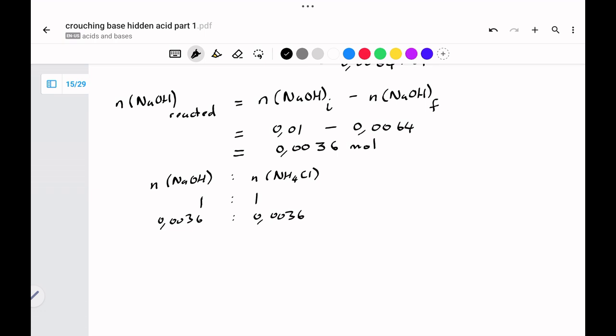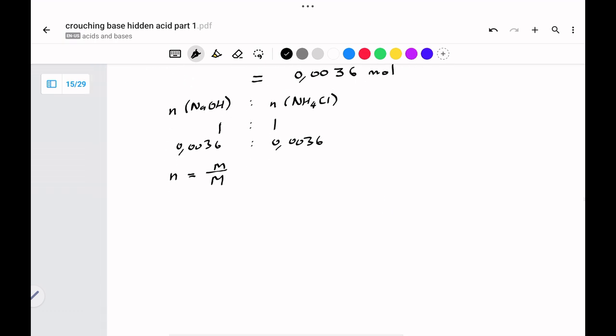And now we need to get the mass. And the molar mass of ammonium chloride is nitrogen is 14, okay, almost done. We're trying to look for the mass, so